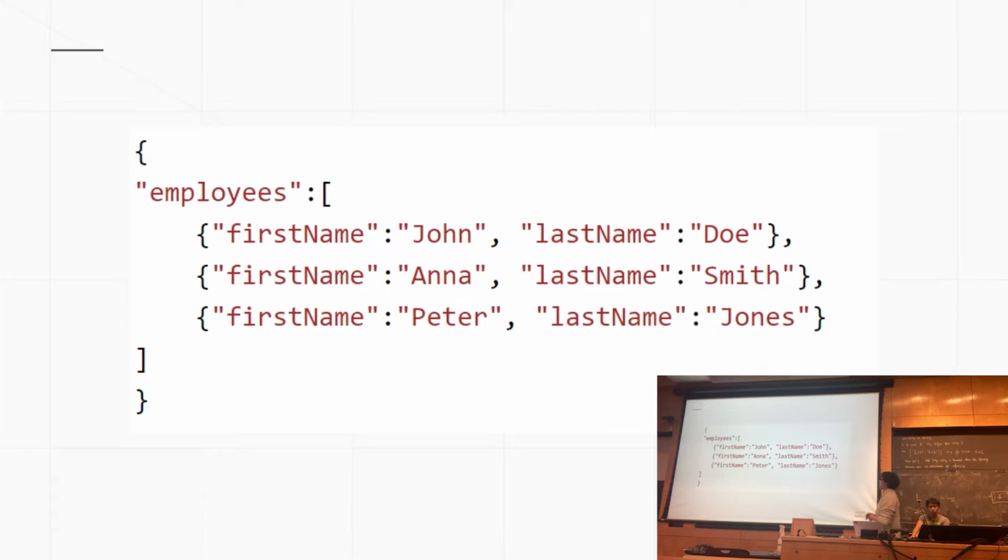Here we have, first of all, the employee. This is the key. The value here is everything after the colon, which would be this entire block of code, which is an array. To represent an array, we have a square bracket. So everything within the square bracket is within the array, and everything within the curly brackets is an object. So here we have an employee, right, and it is storing 3 objects, and these are just the first and last names of individuals.